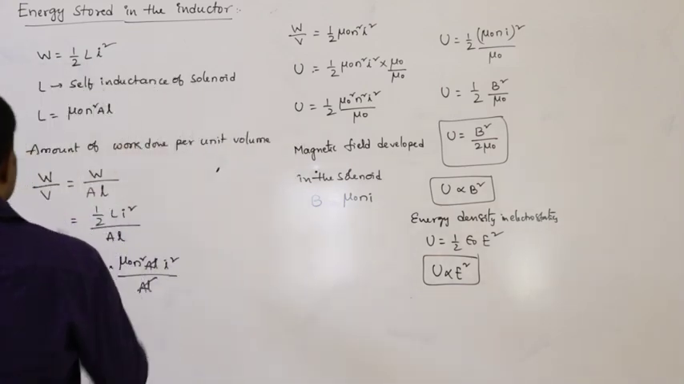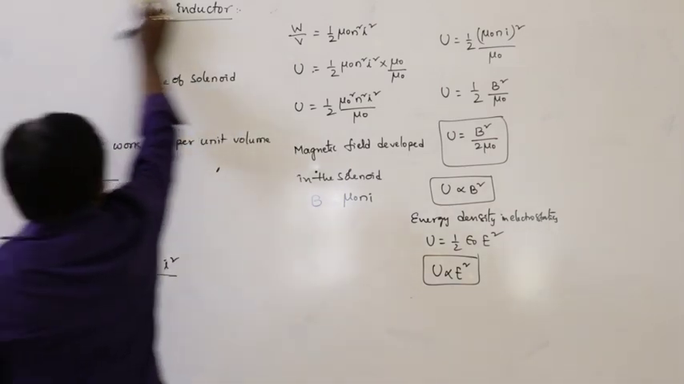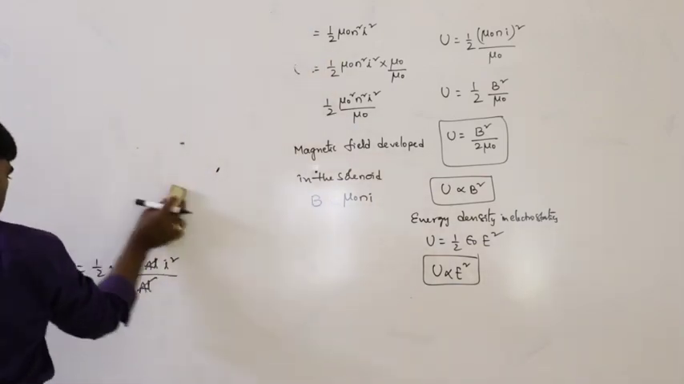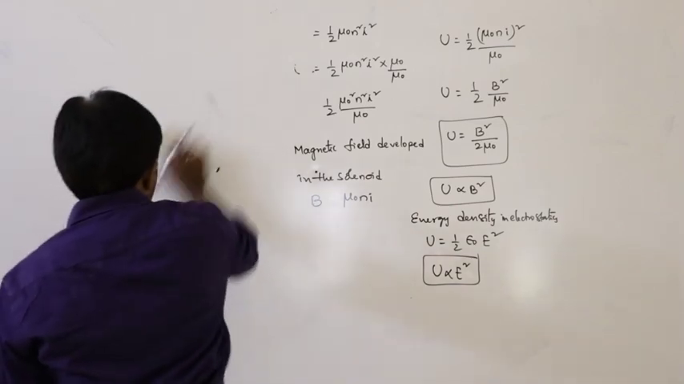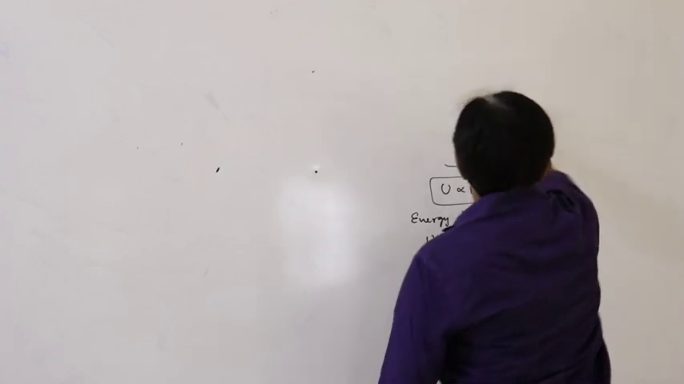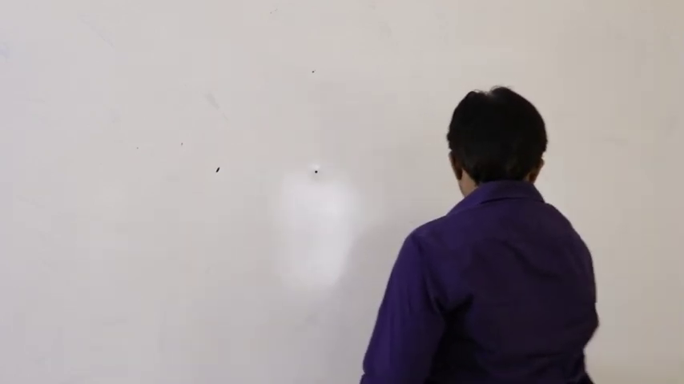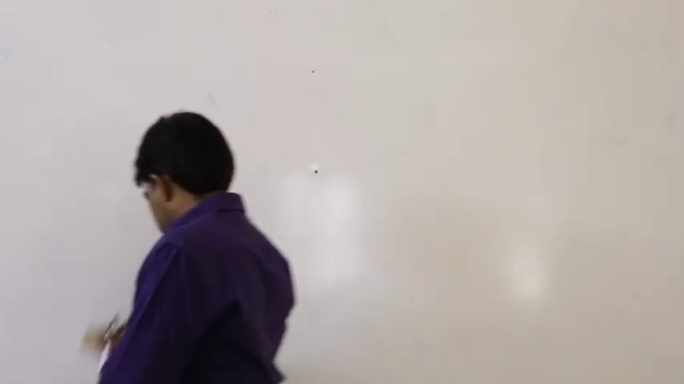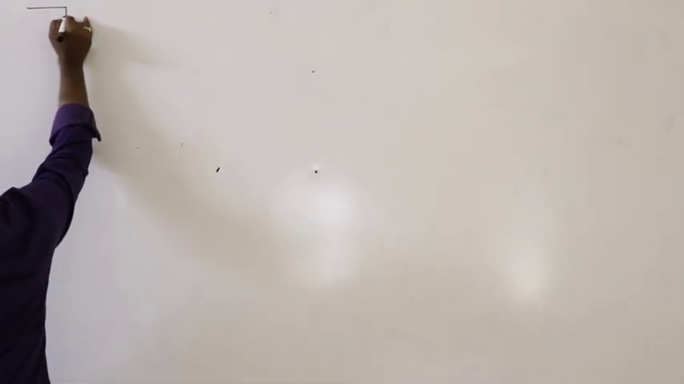So next, the simple formula is half L I square. U is equal to half L I square. Simple formula. Next. So next application, let us say